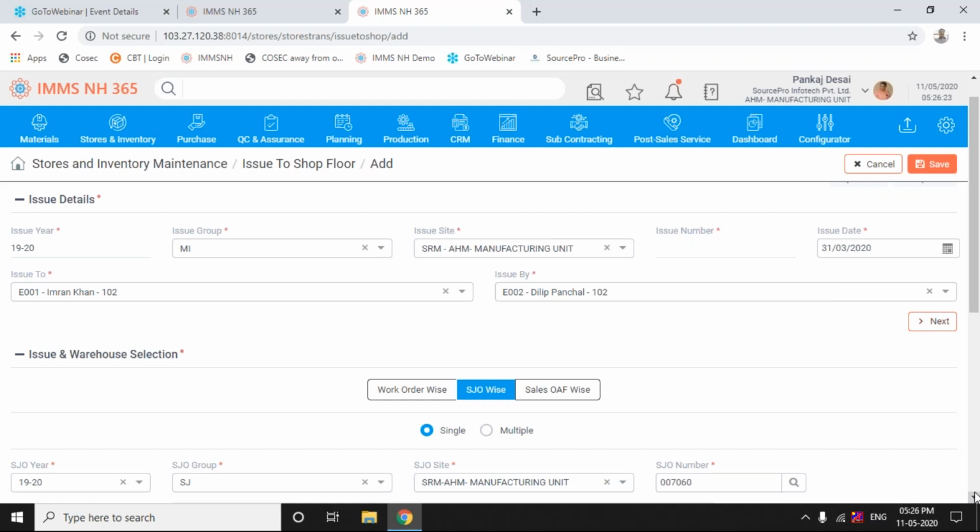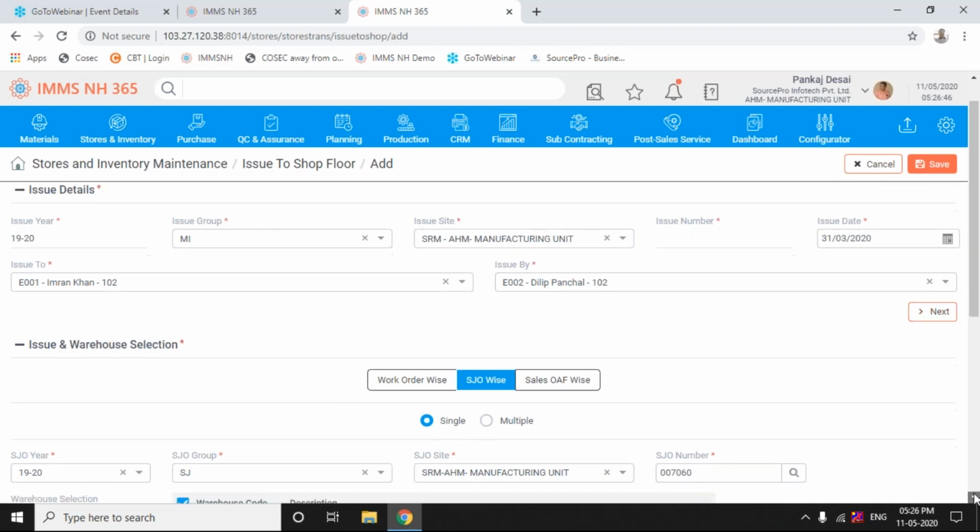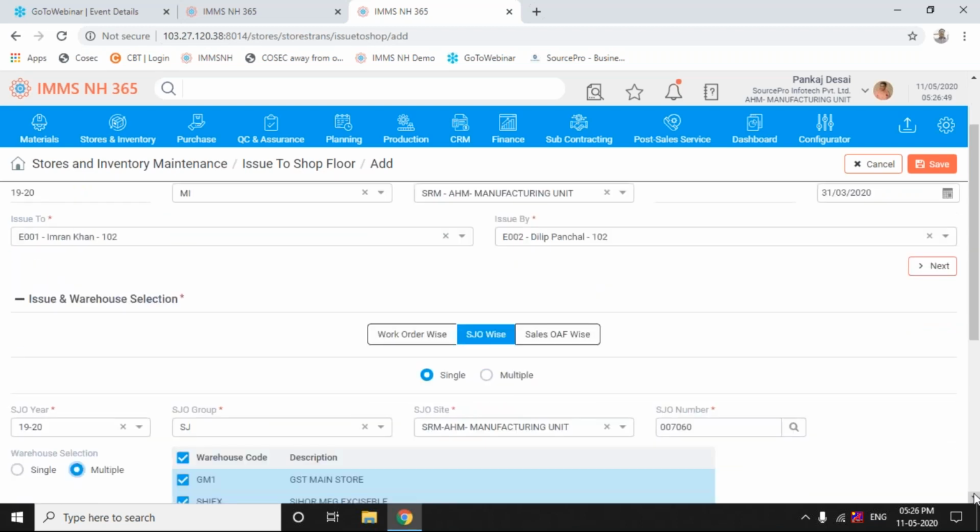इस एसजीओ में जितने जितने असेंबलीज होने हैं, उन सबका उसको एक साथ मटेरियल चाहिए, या पर्टिकुलरली अभी एक ही जॉब कार्ड या वर्क ऑर्डर का चाहिए, या इस इश्यू स्लिप में अब तक इस कस्टमर ऑर्डर के सामने जितने एसजीओ के जितने वर्क ऑर्डर्स बन चुके हैं, सबके लिए मुझे एक साथ एलोकेशन करना है, इश्यू करना है, सॉरी, एलोकेशन के बेस पे। तो ये सब फैसिलिटी हमने दी है, उसमें भी सिंगल और मल्टीपल है।